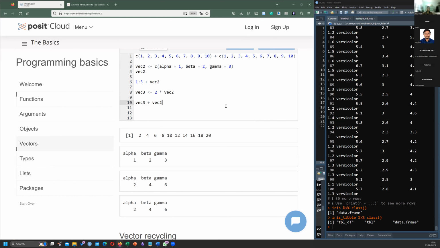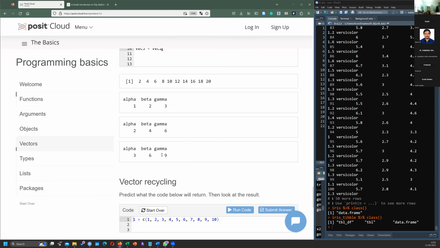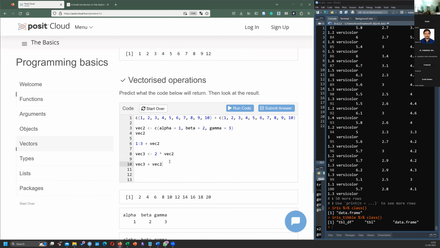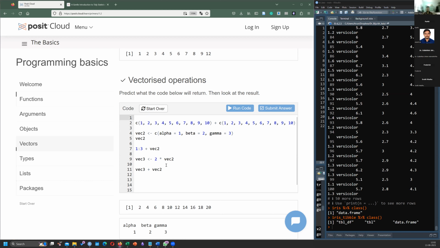That's it. Now, if I say take this vector, let me call this as vector 1.